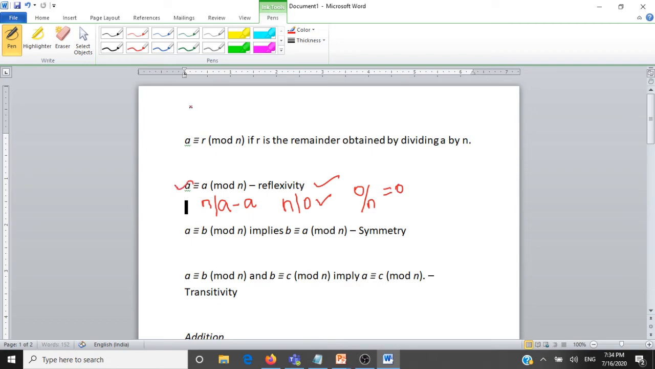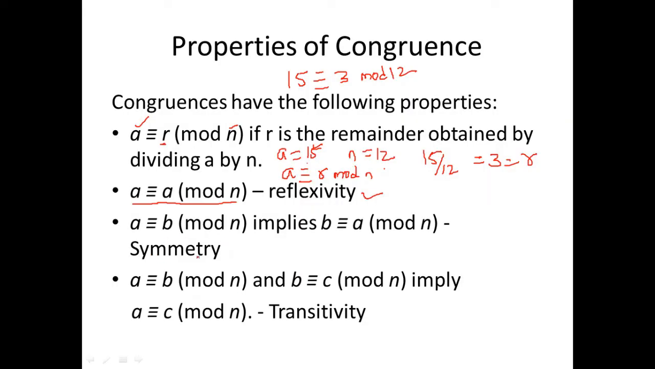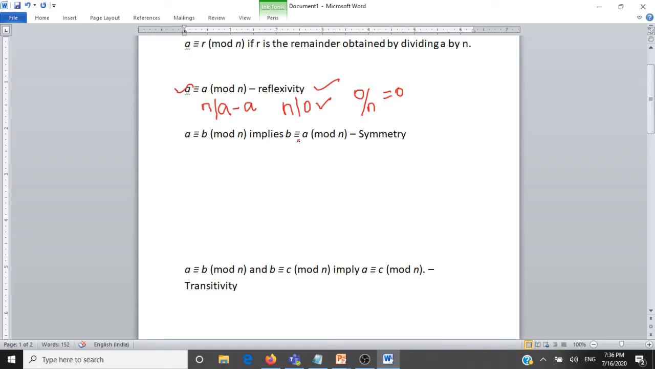So this is true. The next property that we have to look at is called symmetry, and it is: A is congruent to B mod n, and this implies B is congruent to A mod n. This is the property of symmetry for congruence. To prove this, we have to understand a property of a divisor. For instance, if n divides A and the same n divides B,